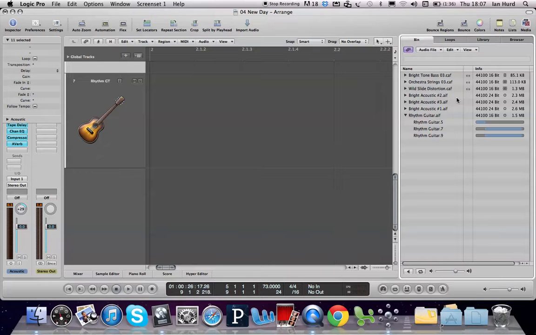The next thing we're going to look at is quantizing an audio drum recording. Quantizing is a really useful editing function, but it's also a very creative function. If you're not happy with the timing of an audio recording, you can quantize it to correct the positions